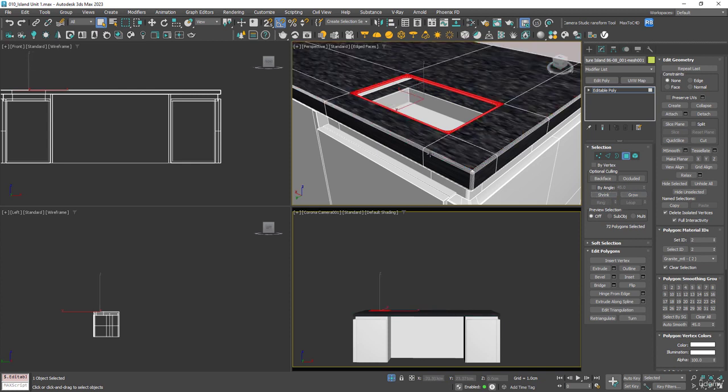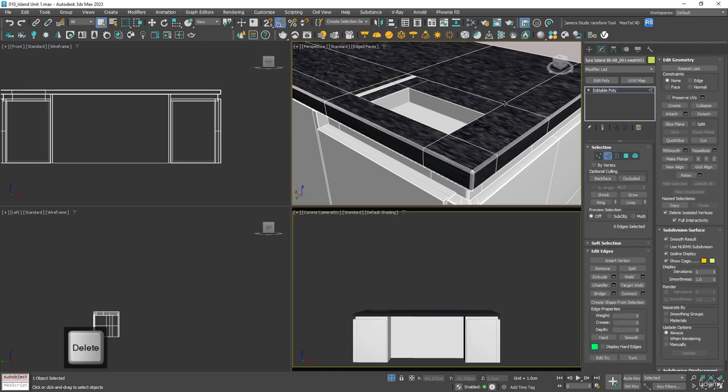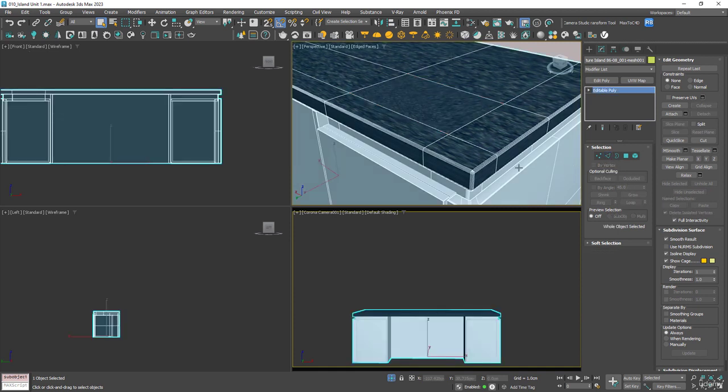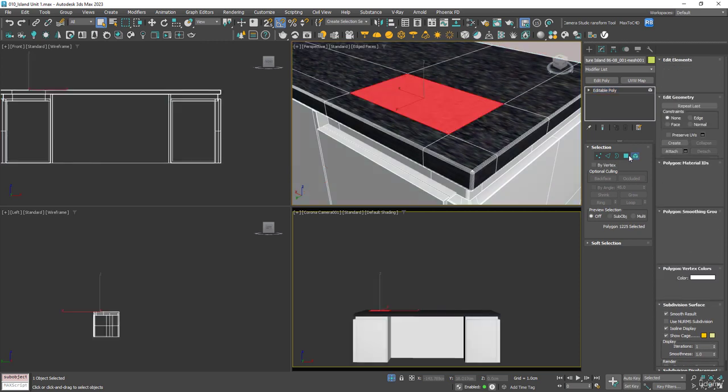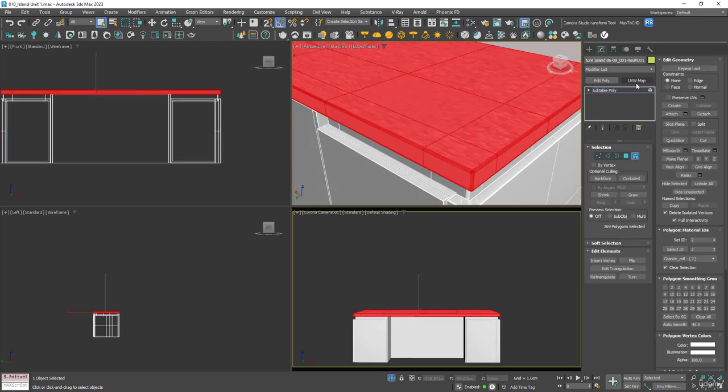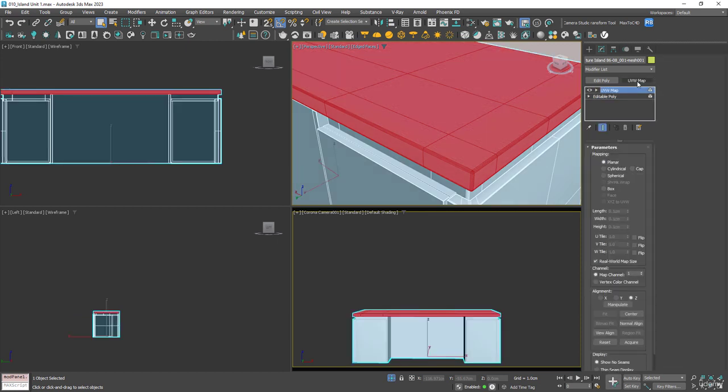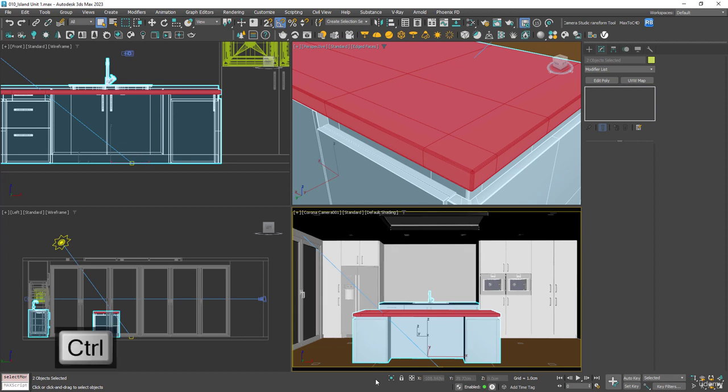So these are the polygons we want to delete, so we'll hit delete, and then we can select these two edges and we'll just bridge that gap. And now we can see that the texture on our material is distorted, so we can fix that using a UVW map. So if we select this element and apply a UVW map, let's unisolate everything, select this sync unit